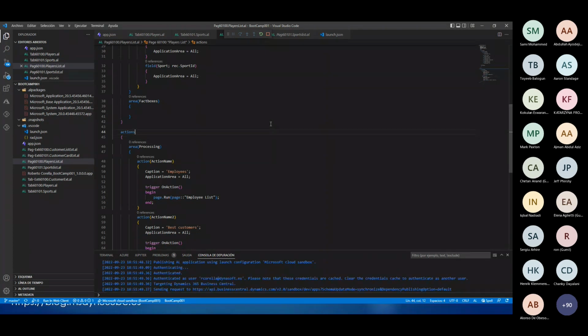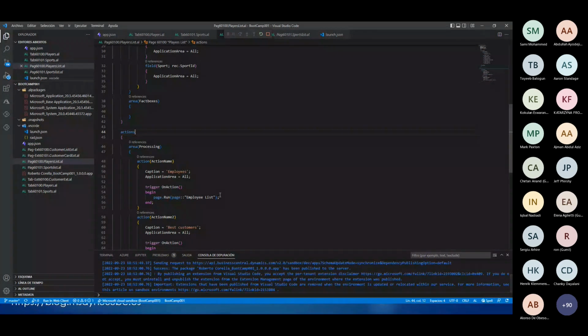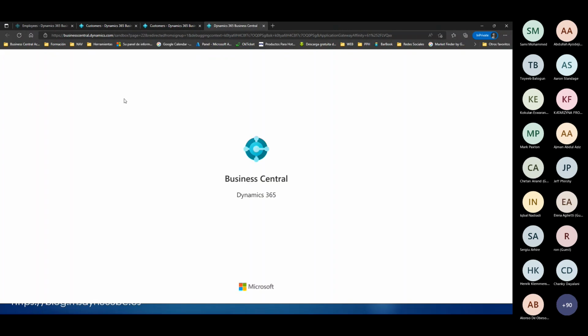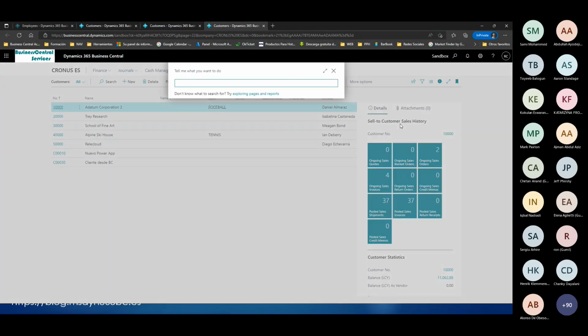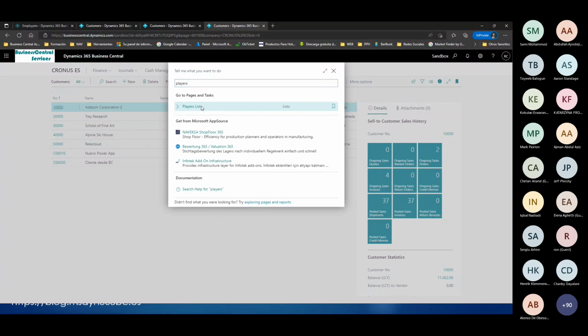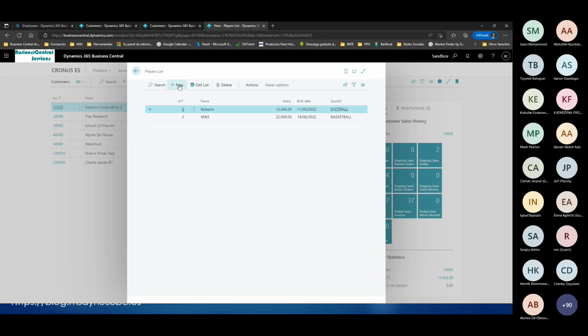It's processing. And when the system publishes from VS Code, publishes the extension in my Business Central, we can look for these new tables. This is the other extension that I created before. In this case, I want to go to players, player list, and we can create a new